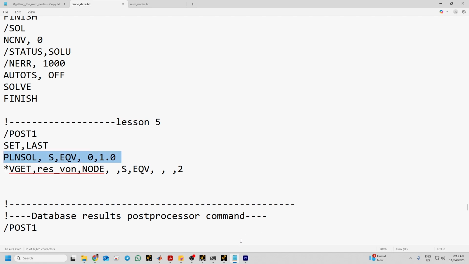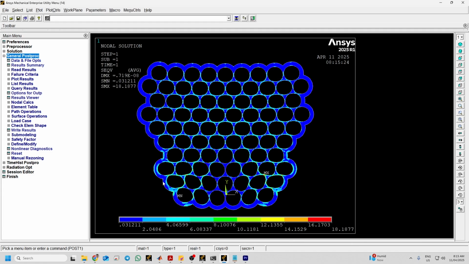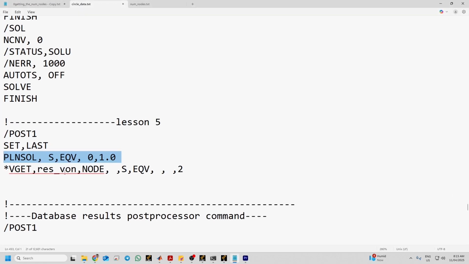So copy this and paste it here. Plot nodal solutions. Yes, it will plot. And